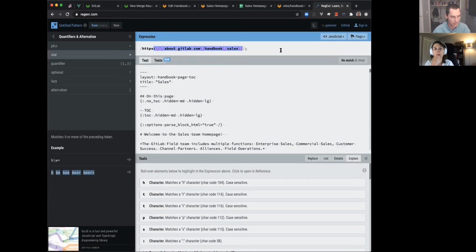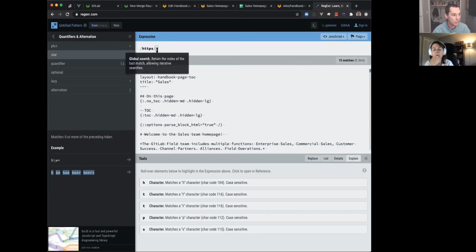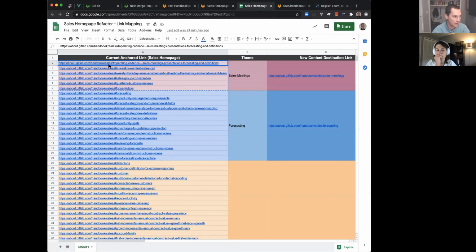Let's just keep it simple for now. I'd have to refresh on this. So we have 15 matches with HTTPS, for example. So these would all be kind of the beginning of absolute URLs, whereas I think in a lot of these cases, we might actually just have relative URLs. I don't know, like if it's just the anchor and not the preceding about.gitlab.com/sales. So that's where I was saying it's going to take me a little bit more time to